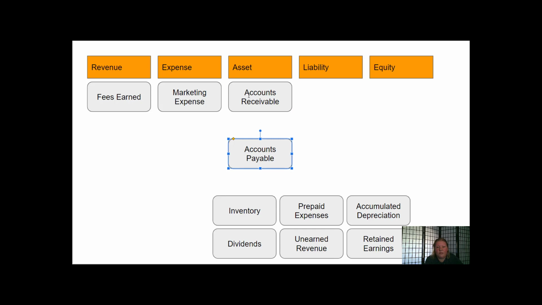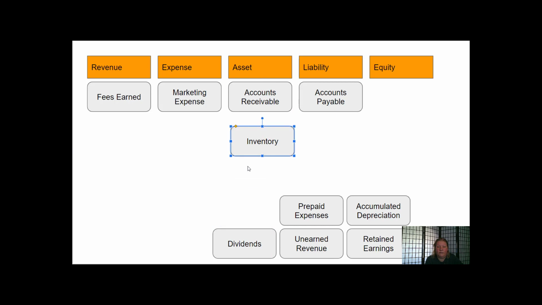So now a lot of people get confused between accounts receivable and accounts payable, okay? So pay attention to the second word. With a receivable, I'm going to receive something. With a payable, I'm going to pay something, right? So if I have accounts that I have to pay, that sounds a lot like an obligation to me, right? And we said in a prior video that anytime I have an obligation, I have a liability. Okay, so anytime you see payable, so notes payable, taxes payable, lots of different payables that you're going to see, payables are liabilities. Okay,